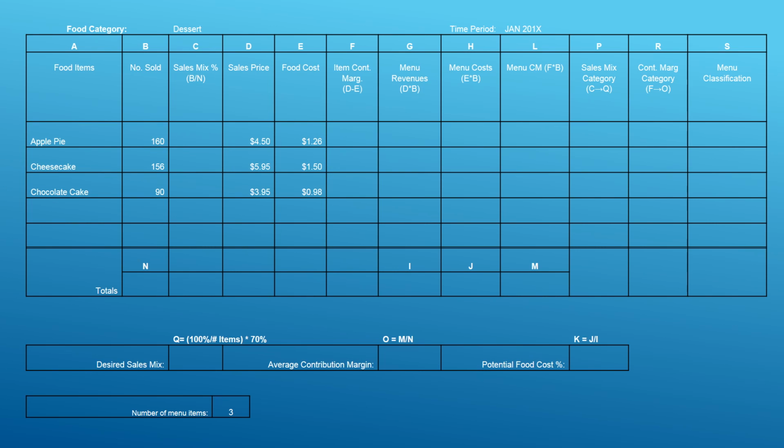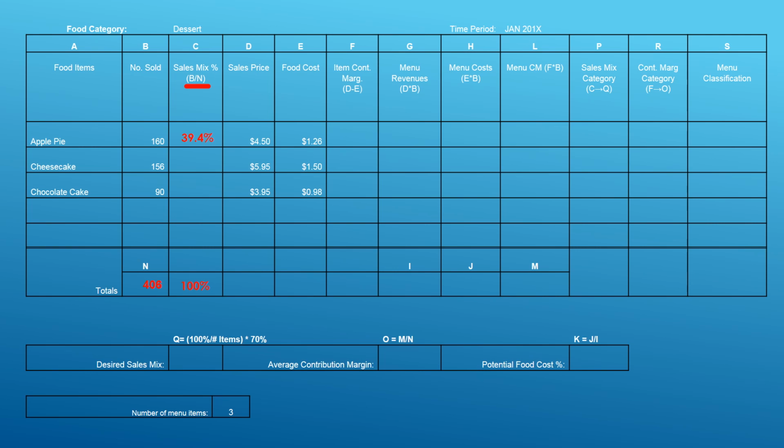Okay, so with that information, we can then go through this and figure out the rest of the form. So let's do that. We have 161, 56, and 90. Let's add them up to get our total, which is 406 items sold for the month in the dessert category, which gives us a sales mix. We'll use that for the 100%. Now, dividing B by this number down here, 160 by 406, we can come up with